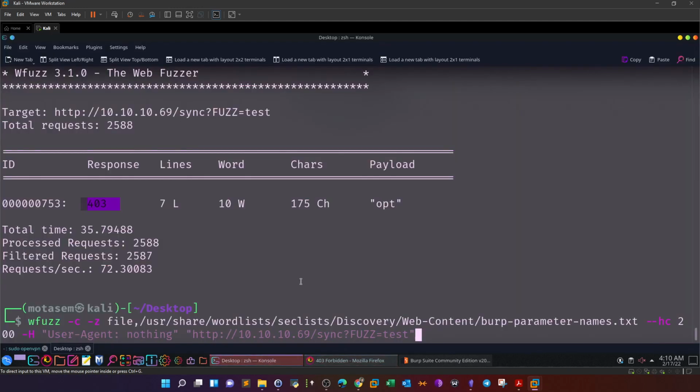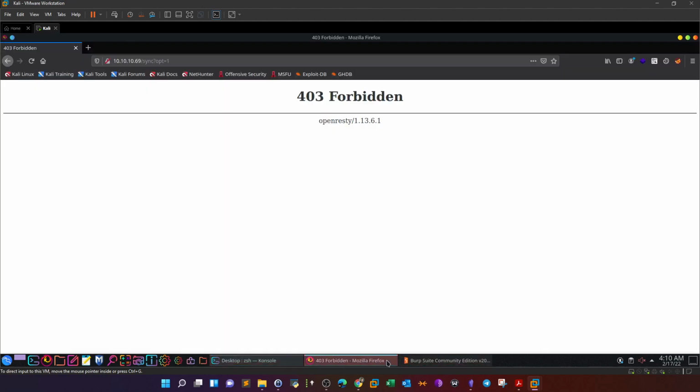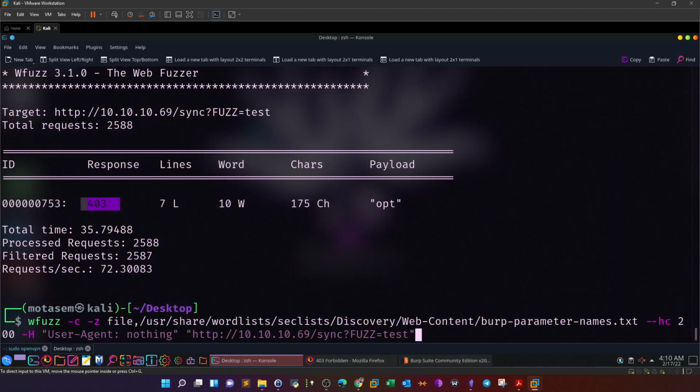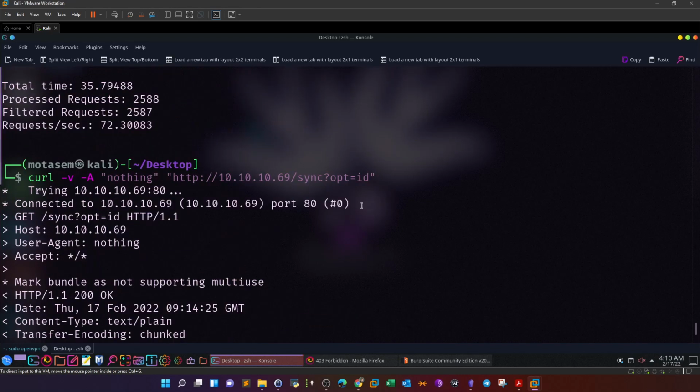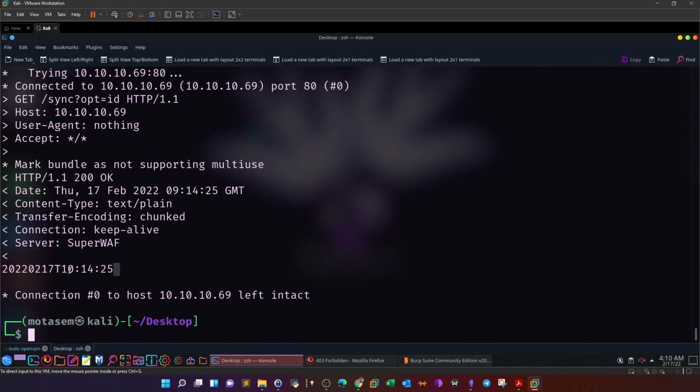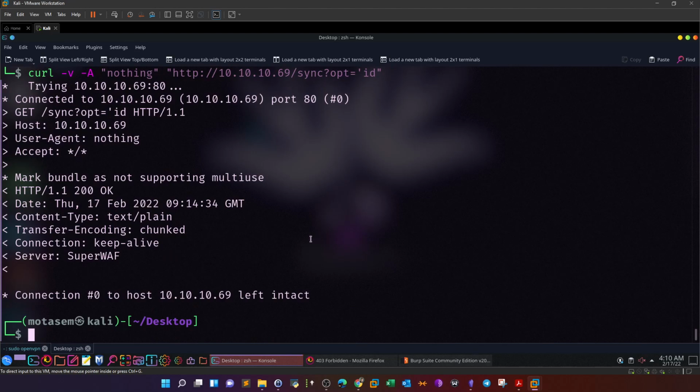So let's go back and minimize this one. What we can do here, we can use curl, question mark opt equal, say id, right? See what's the response here. We typed id and we got this response. So id didn't work. You try id with single quote and also didn't work. You can also try id with a space, didn't work. You can try also to enclose the id command with single quotes,